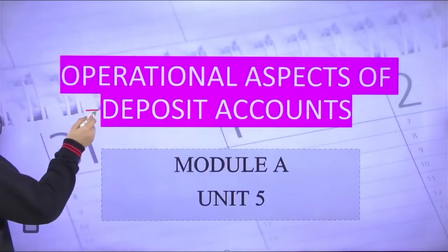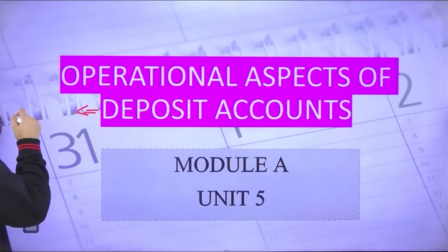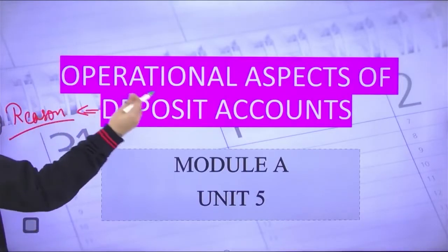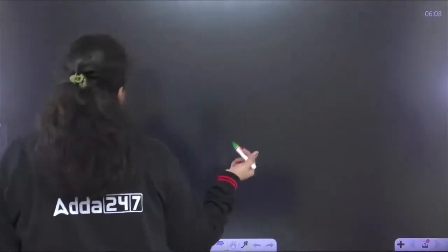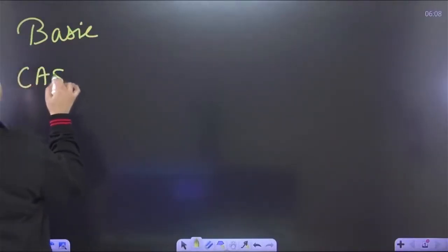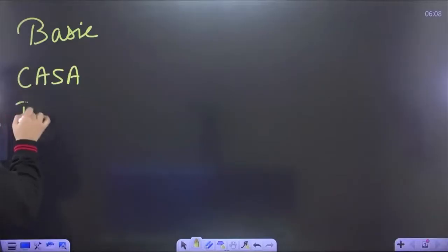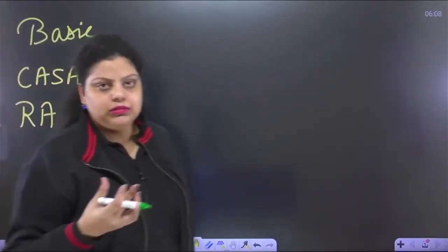Now in the operational aspect of deposit accounts, if I am talking about the deposit accounts, there are different types of deposit account, based on the reason we are having the account. We have a lot of different types of account. If we just go through the basic accounts that can be opened in the bank by any person, first of all, you have a basic account. The basic accounts means your CASA, RAFA. CASA will be your demand deposit. RAFA will be your term deposit, or you can call it a time deposit.